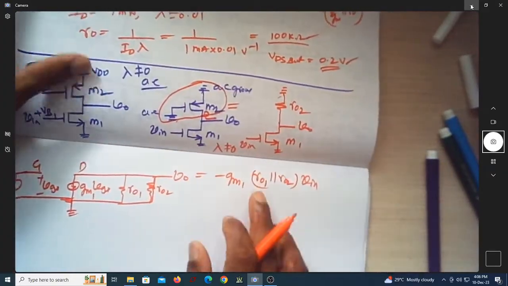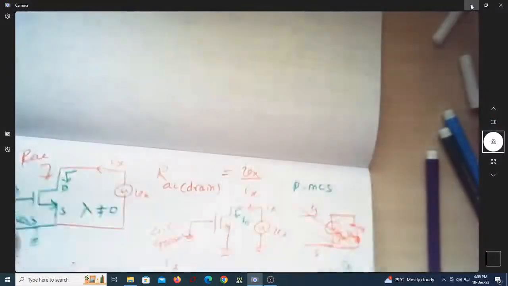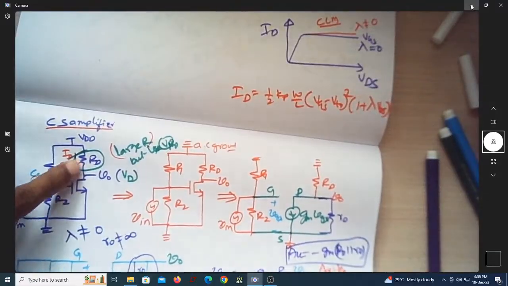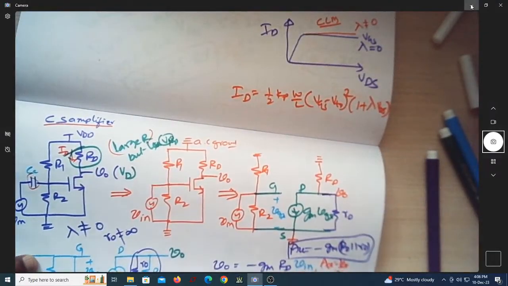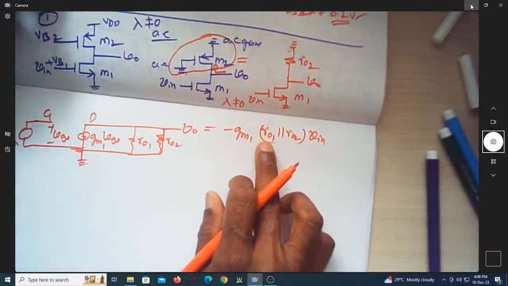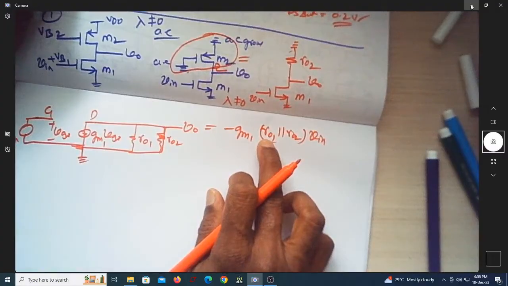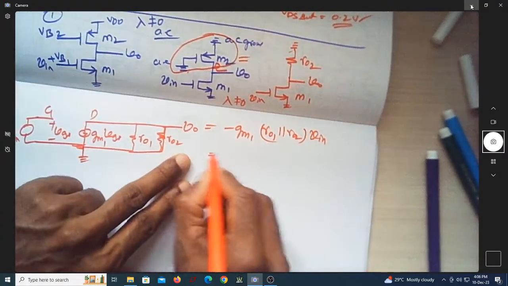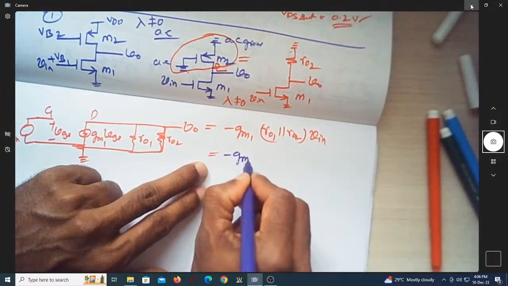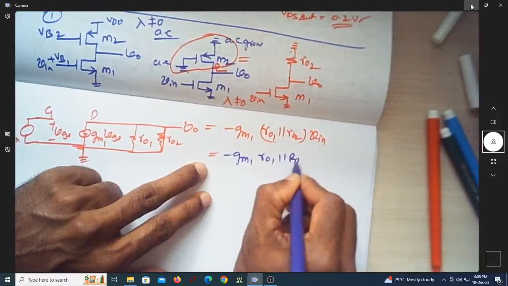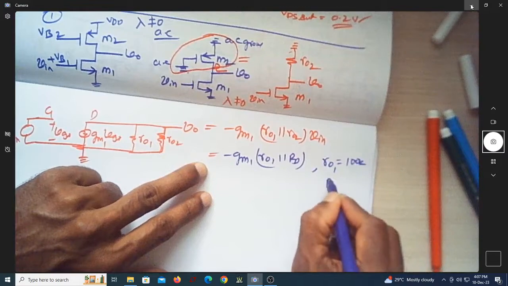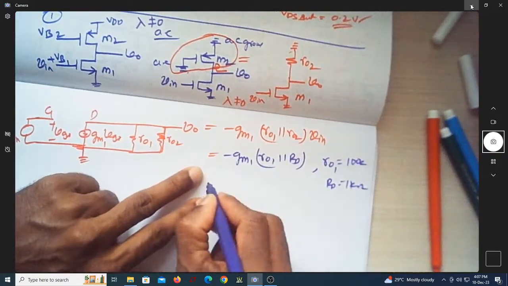Now earlier you had a resistance of hardly 1K. Suppose it was 1K. What was the gain? It was GM into RD parallel R0, which was still less than 1K. Now you can see if R01 is 100K and R02 is also 100K. In the previous case, with a resistive load, did you have it as minus GM1 R01 parallel RD? Even though R0 is 100K and RD is equal to 1 kilo ohm,